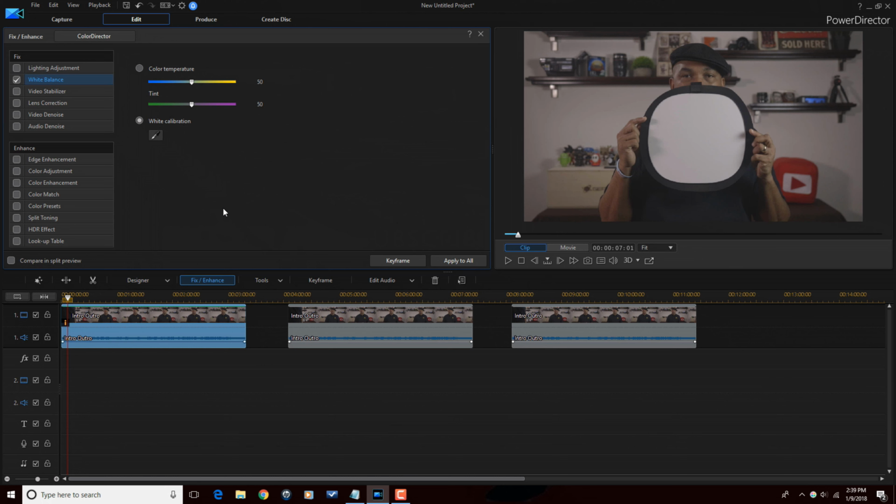Now, what I'm holding on this part of the scene is an 18% gray card. One side of it is gray, and that's for exposure. And the other side of it is white for white balance. You don't have to use this if you don't want to, but if you have an 18% gray card, you can. Or if there's something white in the scene, you can do this as well. Now I'm going to go ahead and click on the calibrate button, which is the eyedropper.